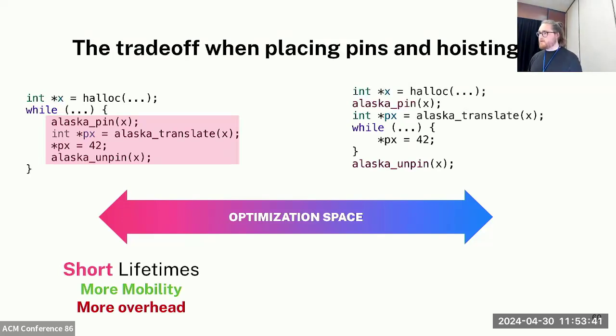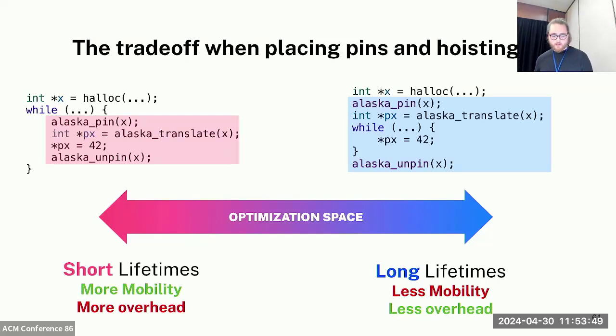You get some more mobility because potentially fewer objects are pinned, but you also have more overhead because you're translating more often and pinning more often. On the right, we have long lifetimes with potentially less mobility. That's not actually a problem in the real world, and we also get considerably less overhead. And for time, I won't actually go into that delta, but